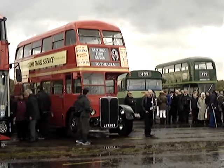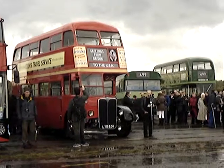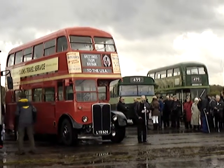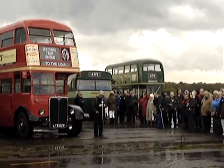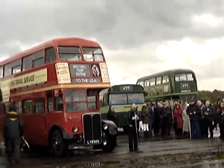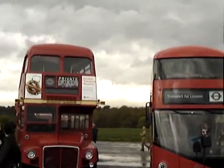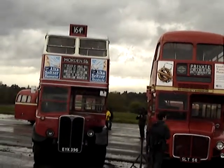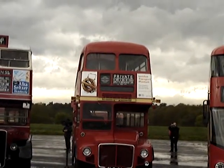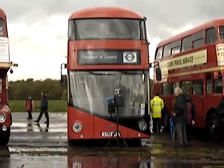So, since the B-type, or actually the X-type if you're really historically accurate, London's had a tradition of designing its own buses. For many decades those designs led the country, if not the world. London General and London Transport epitomise not only good design, but the leading edge of technological developments. So, alongside RT1 of 1939 and RM1 of 1954, which are the forerunners of London's most famous buses of all, the 7,000 RT types and the nearly 3,000 Route Masters,